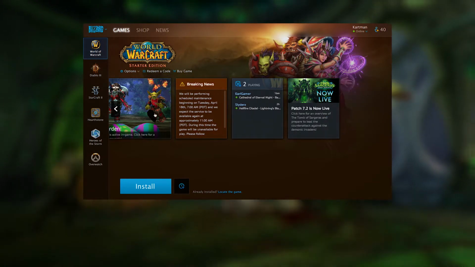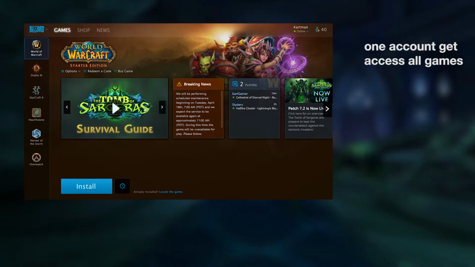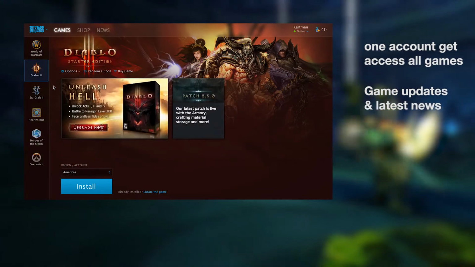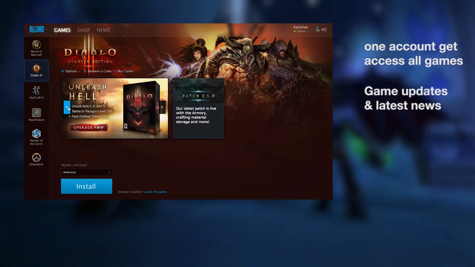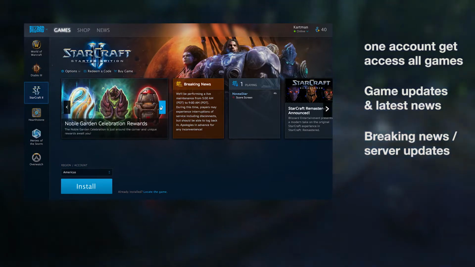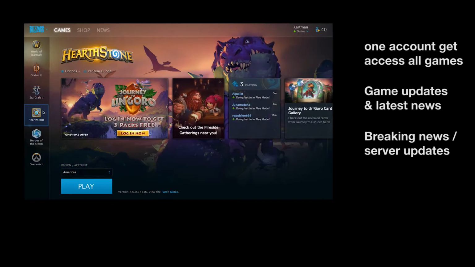The best thing I think about this app is that you just log in with your one account, and you get access to all the games you want to play. And what I like the most is that it immediately gives you briefs on what's happening with the games and everything, if you want to know the latest news and the latest videos to see, as well as breaking news about their server shutdowns and temporary shutdowns. What else is really good is that they have all the news, everything related to their games, and